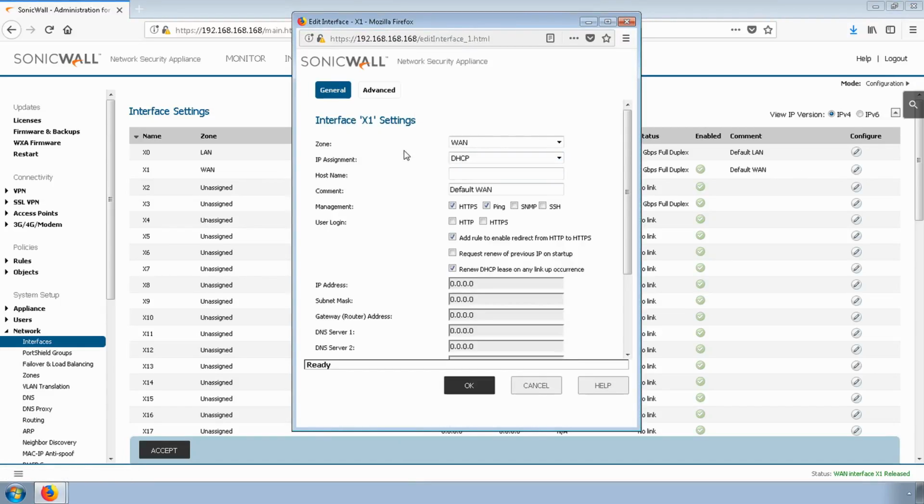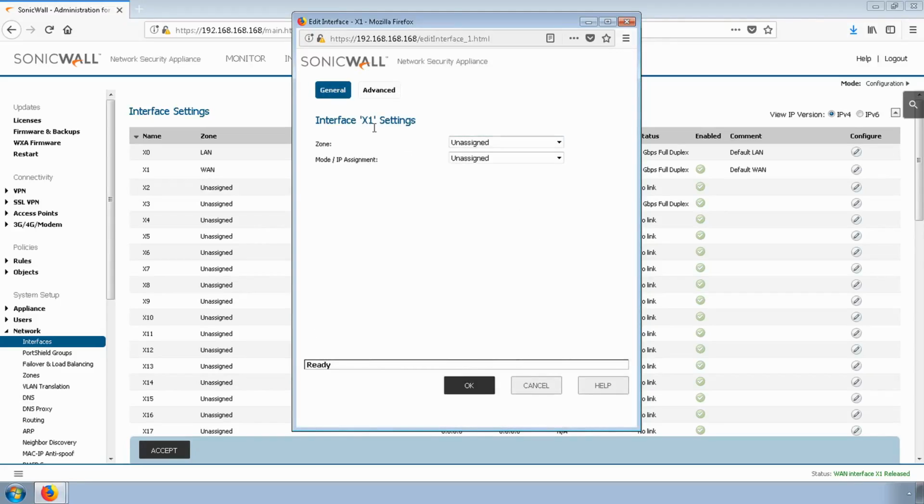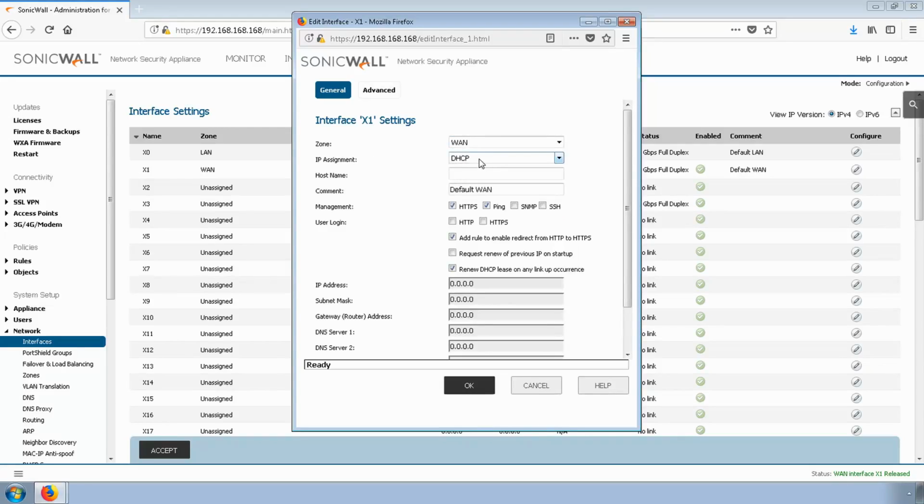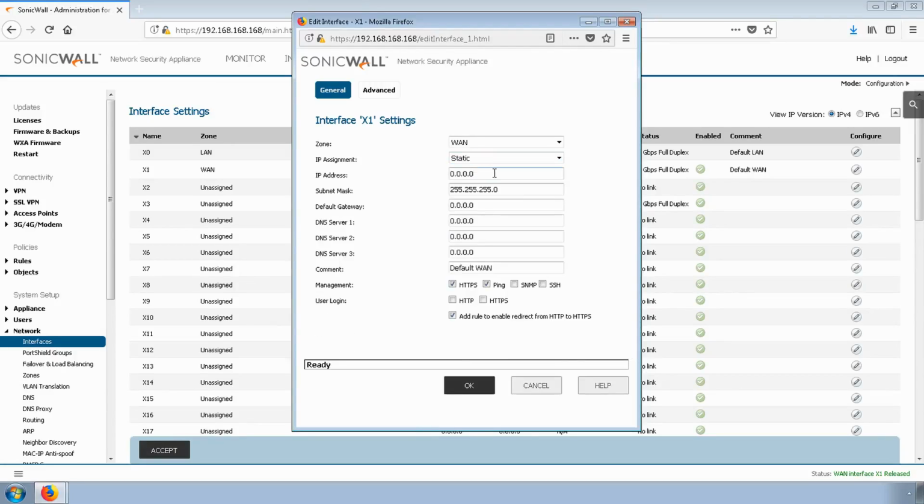Currently, how we have things set up is that the zone is already selected as WAN. But if you're using a different interface and it's not assigned, simply select WAN zone and then the IP assignment option. In our case, we'll select static. I have the information that I need,